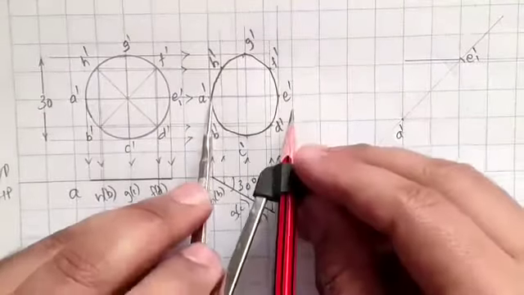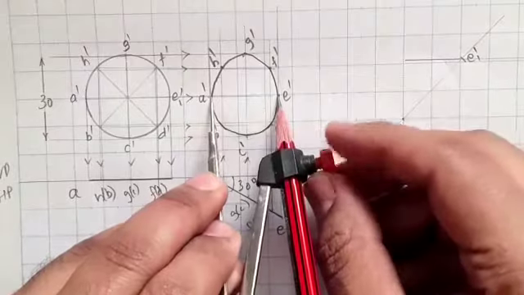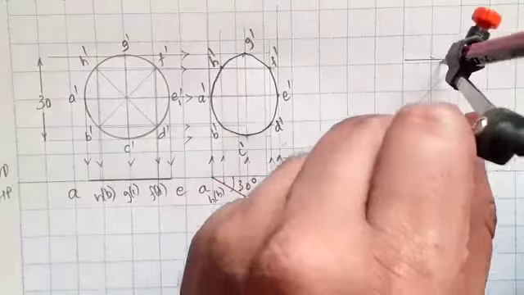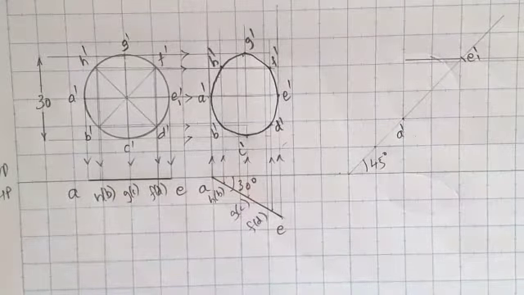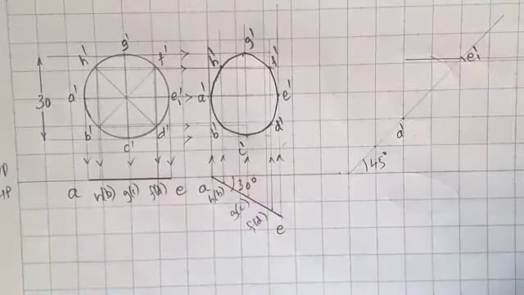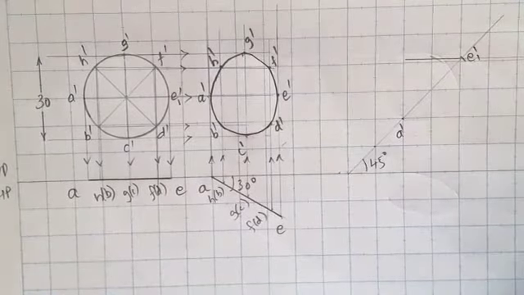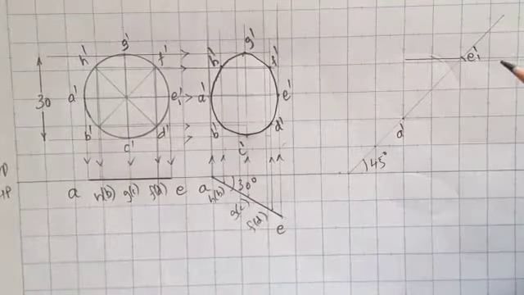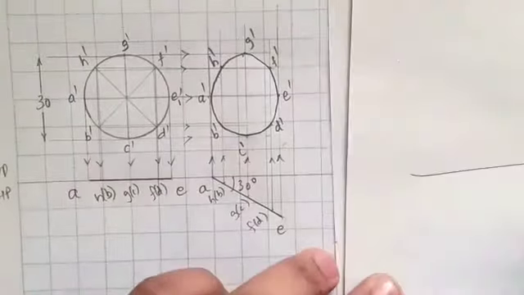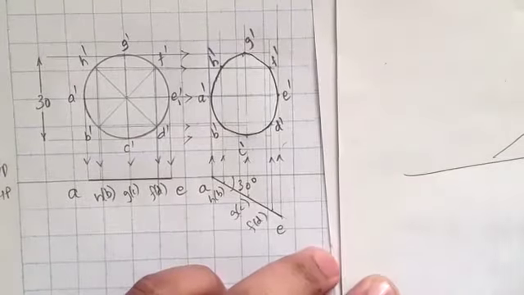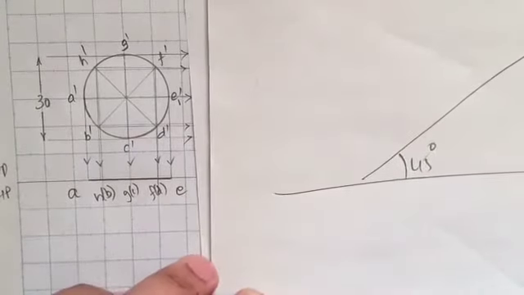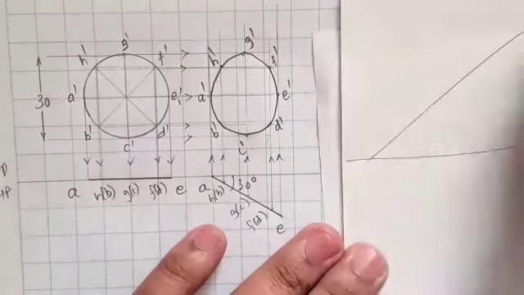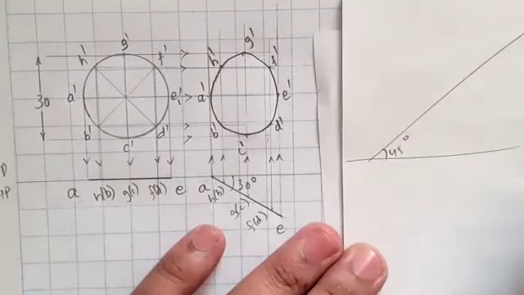Next, take the apparent length of AE. Take the apparent length of AE with A dash. Sir, can you repeat this step, sir? Which step? Inclination at 45 degree. See, draw a 45 degree line. Draw a line at 45 degree.